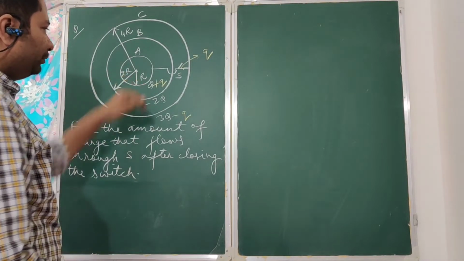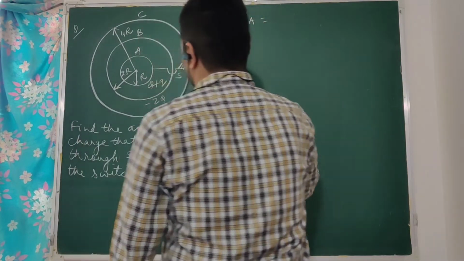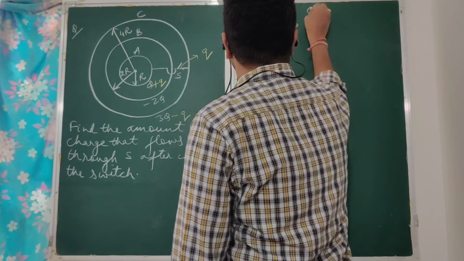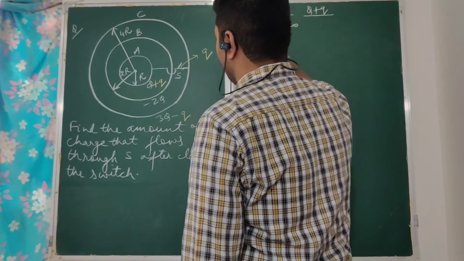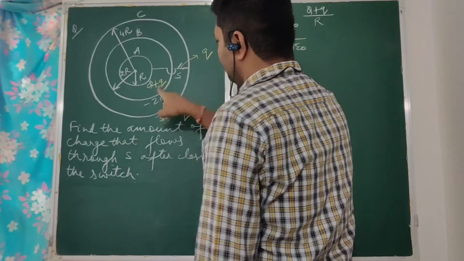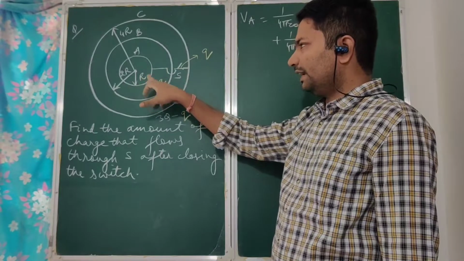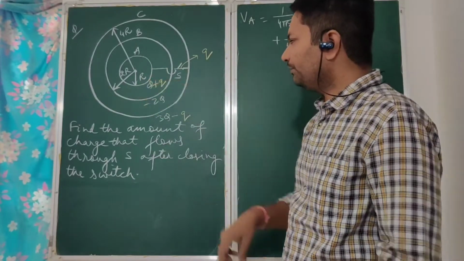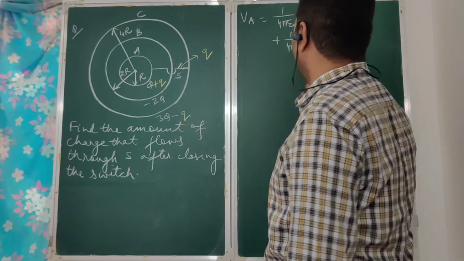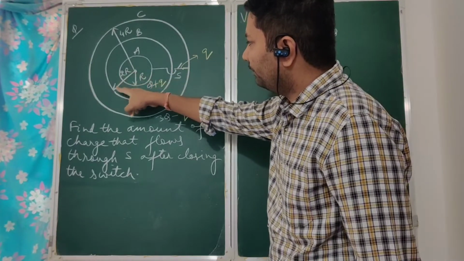So now let us try to find out first what is the potential at the surface of A. So 1 by 4 pi epsilon naught. What is the charge? Capital Q plus q. Radius is R. Due to the middle one, no change in the charge distribution, and for the inner one, you know by Gauss law, the charge is going to reside on the outer surface only. For the middle one, no change in the charge distribution, you can take it as minus 2Q itself, and this distance is 2R.